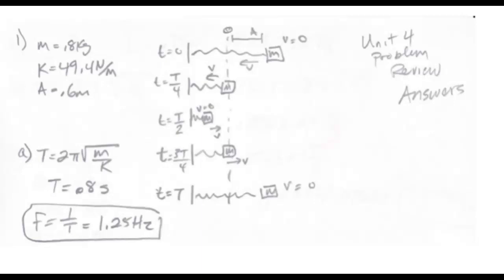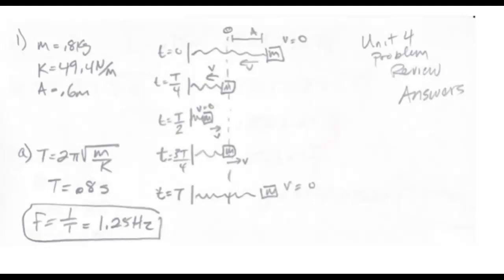All right, guys, so this is the Unit 4 problem review answer set. The answers are online, and I'm just talking you through what I did. So in the first one, it gives you some information about the simple harmonic oscillator. There's a mass of 0.8 kilograms, spring constant of 49.4 newtons per meter, and the amplitude of the motion